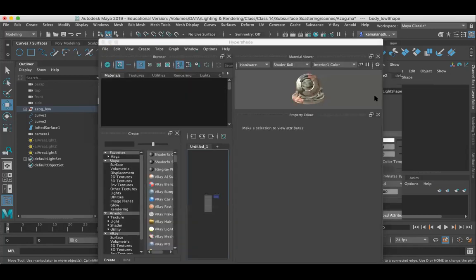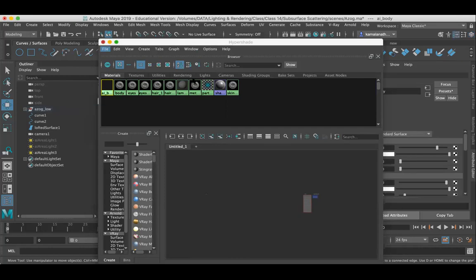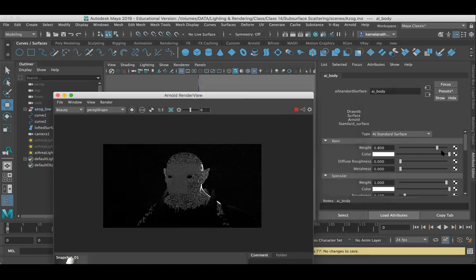I have to choose the material. Guys, make sure you always save your scene, because sometimes it just crashes. So look here, I'm just reducing the specular and the base to 0.